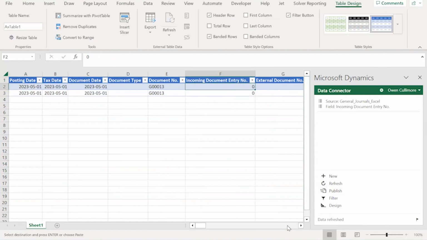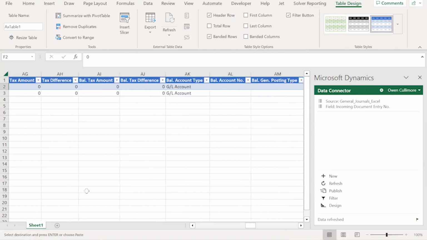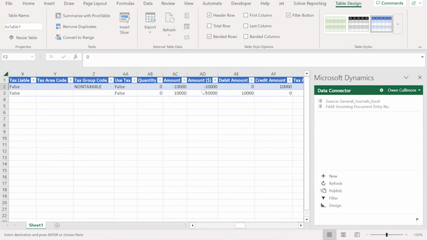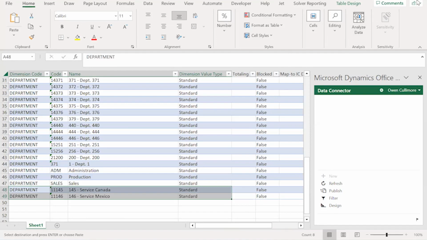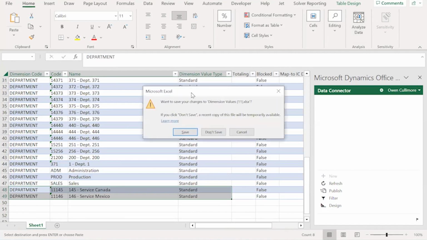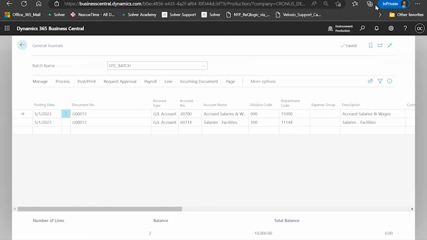So same concept that we saw before. I have too many fields on here. You can scale down the number of fields, and then just click Publish. Okay, so once I have